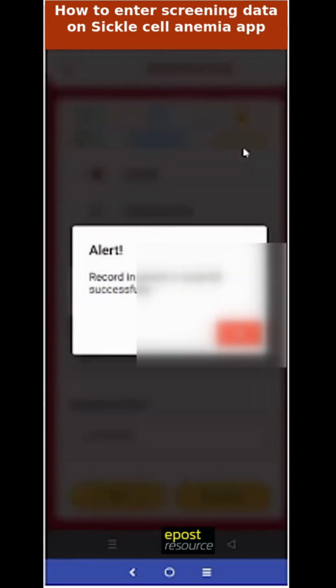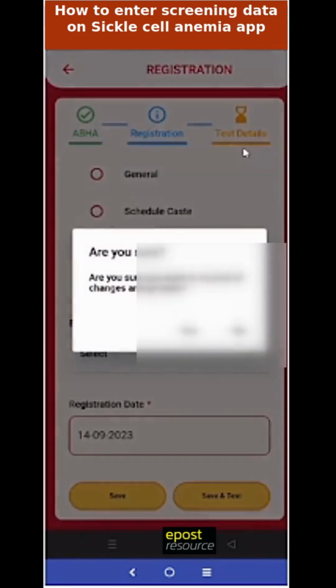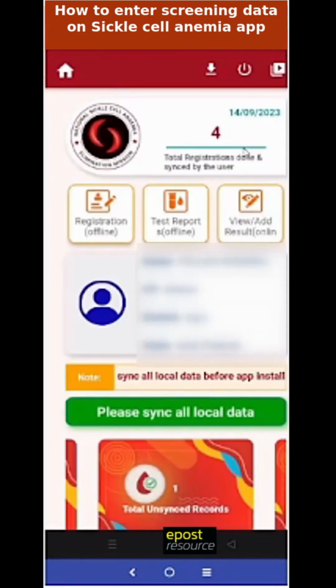Doing it, I get the message record inserted in local DB successfully. It means it has not been updated to the server. The user needs to come in